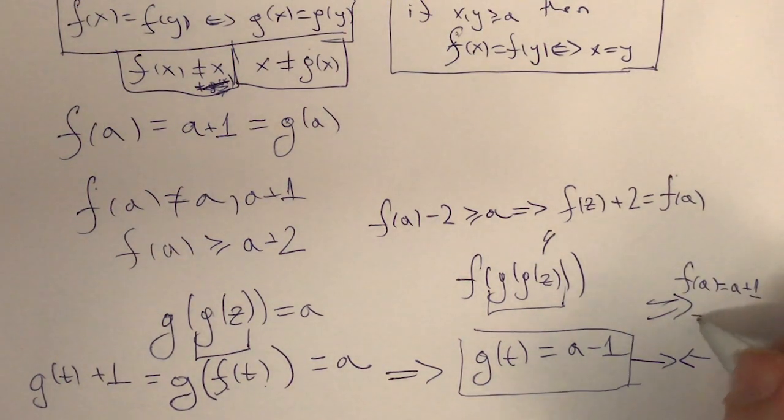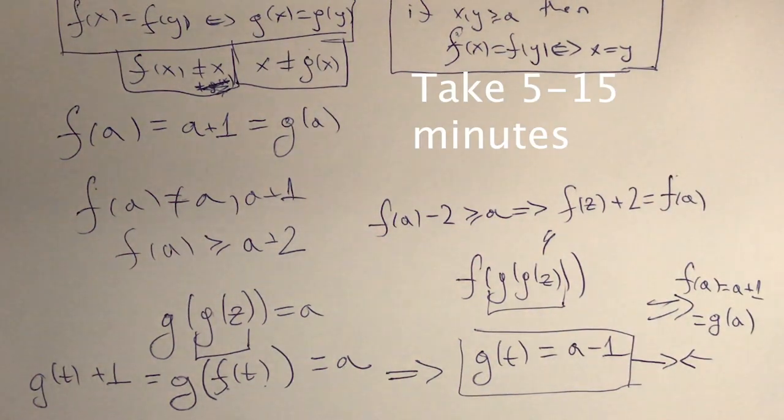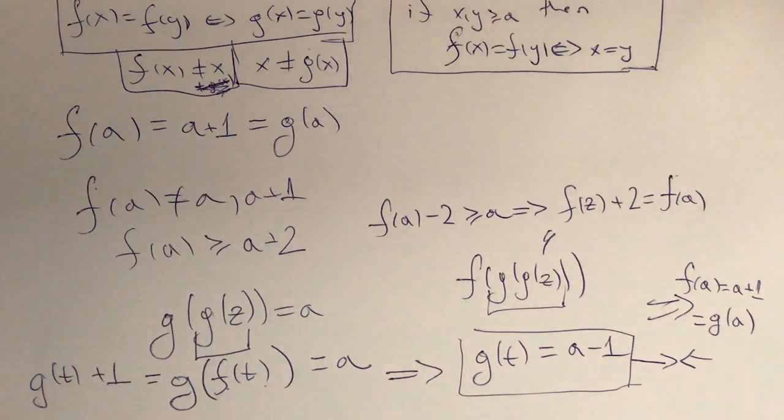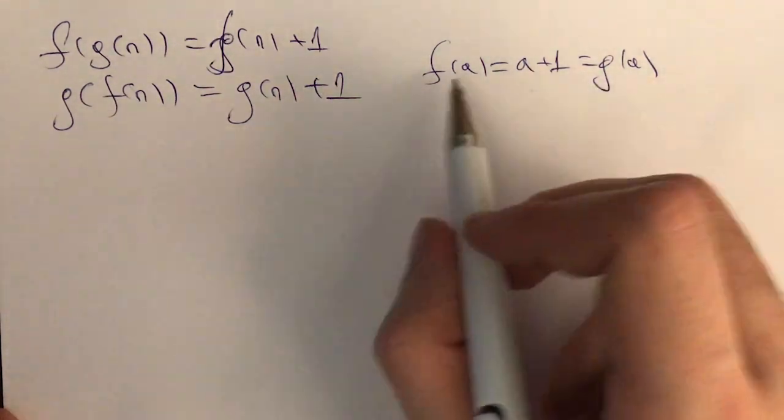And in the same way, g of a is equal to a plus 1. Now take 5 to 15 minutes and try to finish the problem. So here's the finish. Now from f of a is a plus 1 is g of a, if we plug